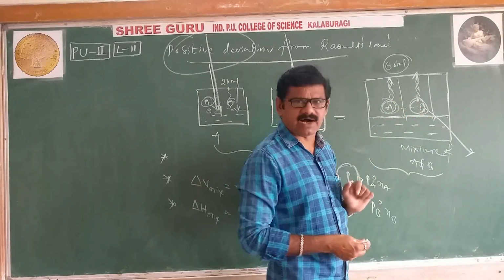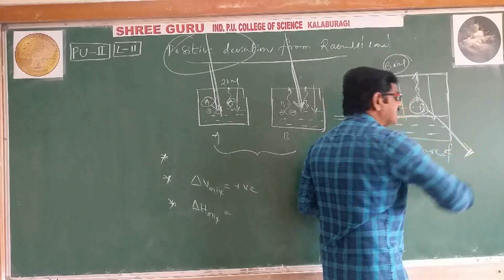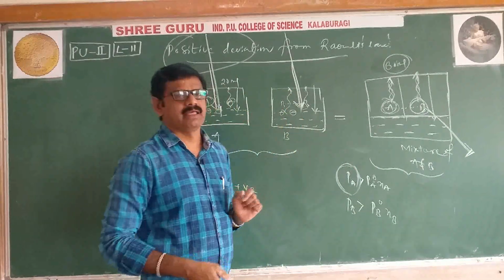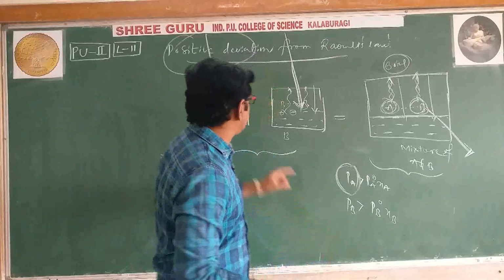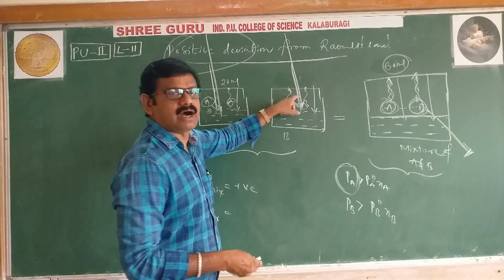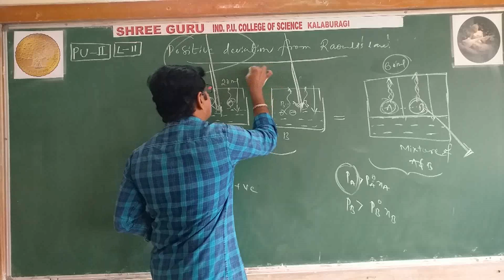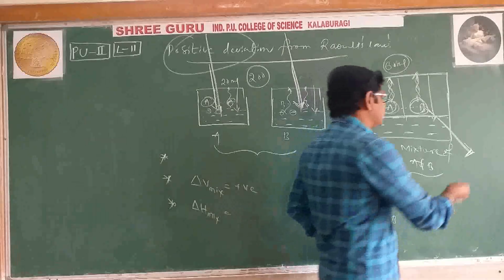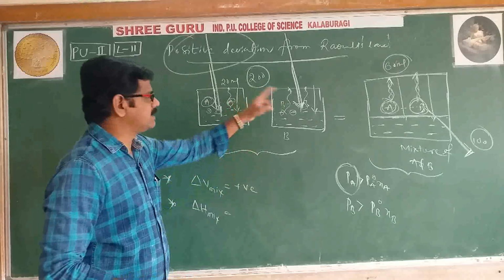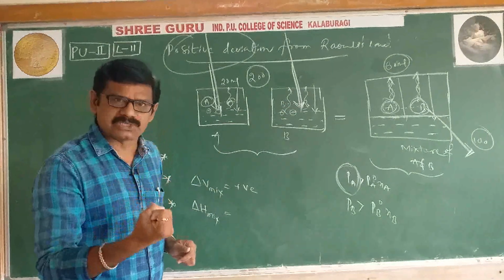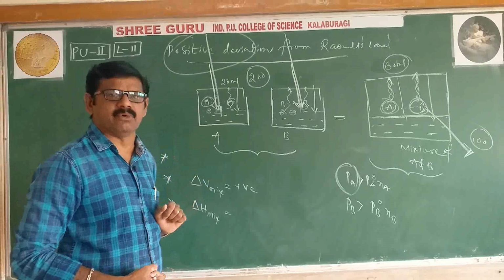If a weak bond is formed, the amount of energy released is very less. Because of the weak bond, the amount of energy released is less. Suppose here the amount of energy required is 200 kilojoules, and the amount of energy released is only 100 kilojoules. What is the net value? 200 minus 100 means 100 kilojoules of energy is absorbed.